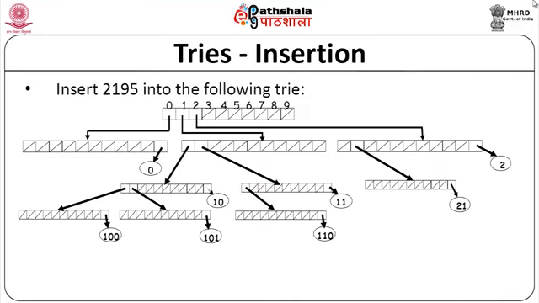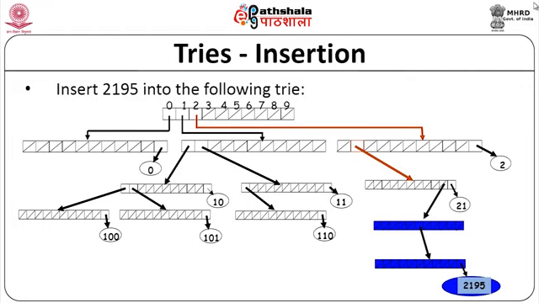Now, let us go back to the previous example we were looking at, and suppose we want to insert 2195 into this trie. So, now you have up to 21 as a prefix. So, you have to just add 1 where that first node on top stands for 219, and the next node stands for 5. So, you have to point to 5, and then finally 2195. So, this is an insertion. You have to first search for where to insert as usual and then do this.